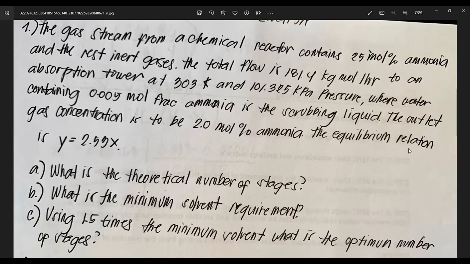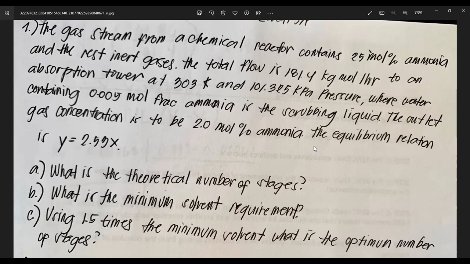I'm the one who placed it there. That way, you will not have to do the graphical method because your ammonia water system does not have a linear relationship in its XA and YA. The mole fraction in the liquid and the vapor phases is not actually linear in relationship. So you can find the slope of the curve at the dilute end when you solve for the